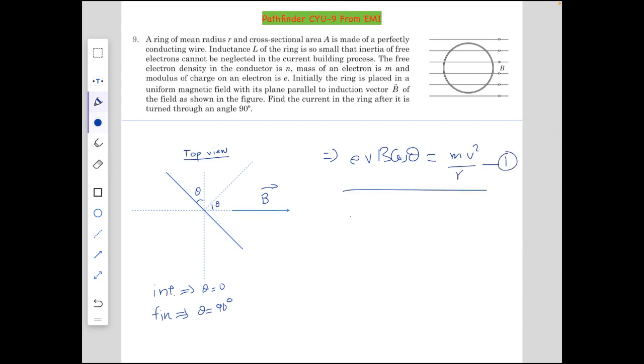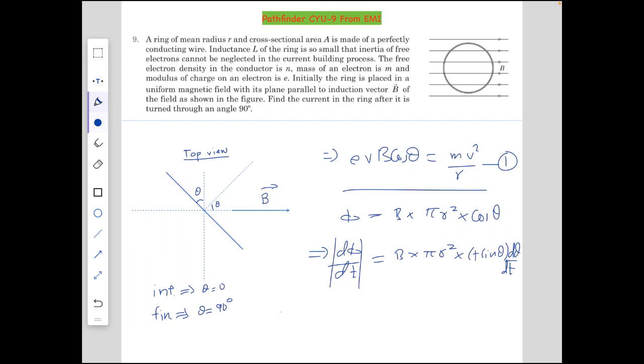Now the flux through the coil at this instant, let's say it to be phi, can be given by B times pi r square times cos theta, right? So from here, differentiating this once, what we get is d phi by dt is equal to B times pi r square times minus sin theta d theta by dt. Here I won't consider much of the signs because we will decide intuitively what will happen. So here I am just ignoring the signs.